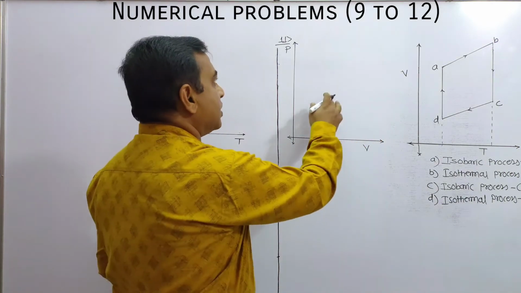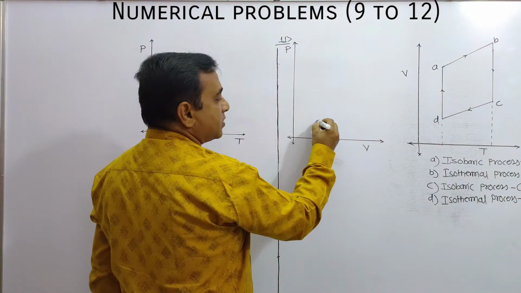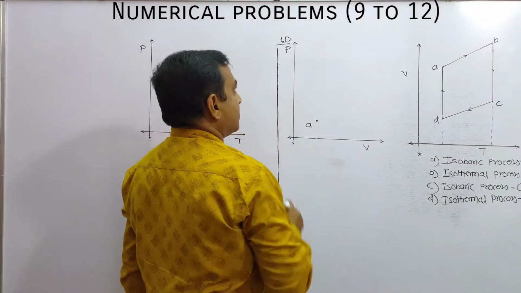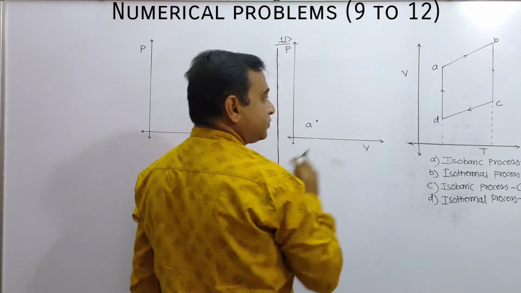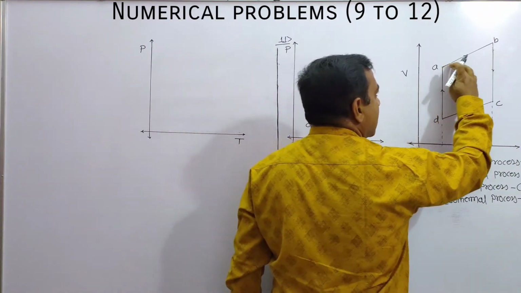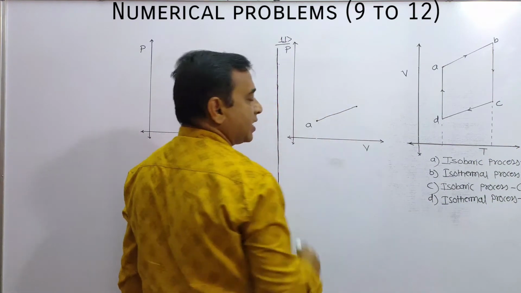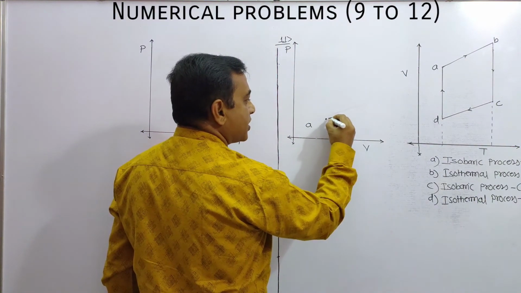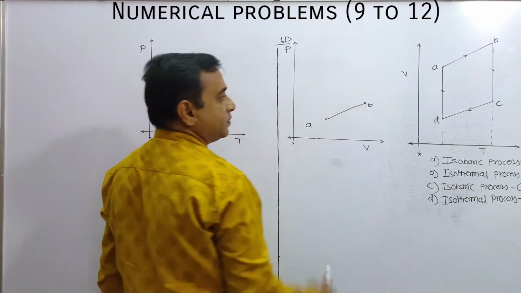With the help of that, we need to draw the PV diagram now. Quite simple. Let us consider this point as A. See what happens. Here the only changing factor is the volume, so we concentrate on the volume. There is a slight increase in the volume. This is the point A, and from here there is a slight increase in the volume from A to B.